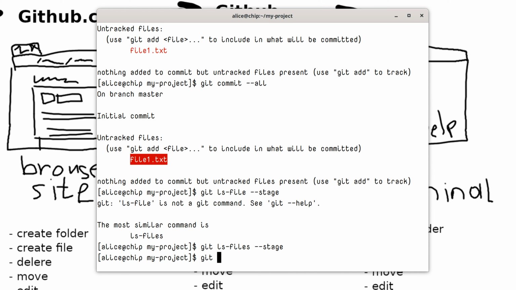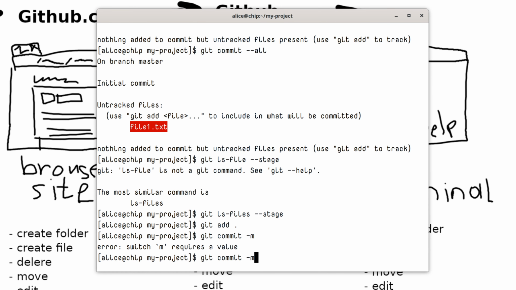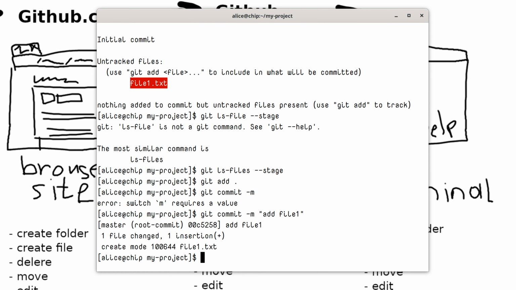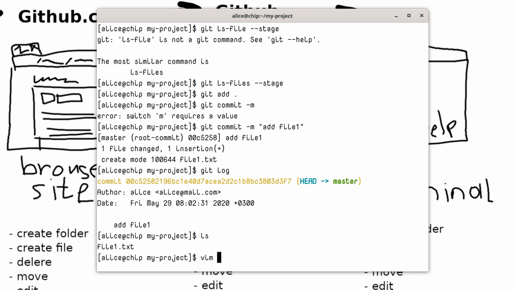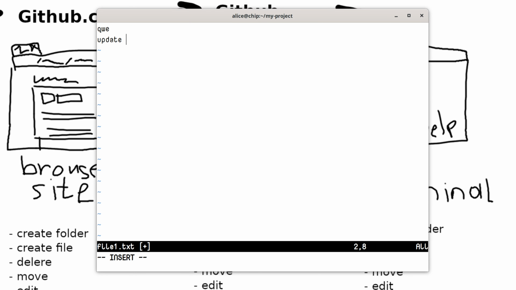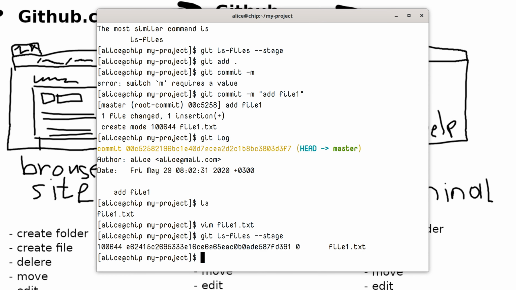On the other hand, let's maybe add it a usual way and commit: file1 edit, add file1, and now we have one commit, and actually now our repository knows about this file, and whenever we change it, update one to file1, and now we take a look at stage area, we'll see that this file is actually in the stage area, and this means that git commit -a will be able to find this file,